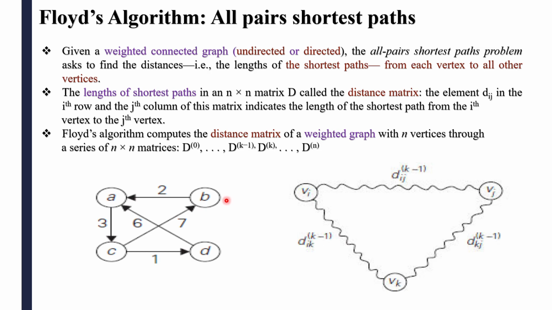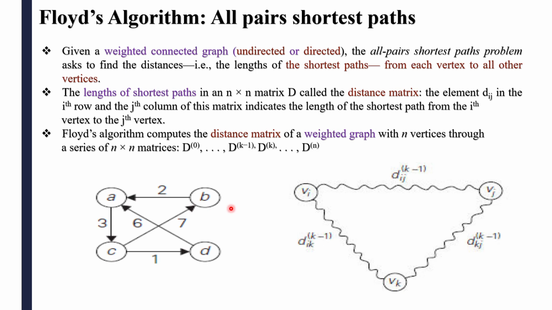From A to B, if there is no direct path, then I can take the help of an intermediate vertex. It may be one vertex or it may be more than one vertex also. Vk indicates C here. So now for A to B, if I want the path, yes, I'll get that path using C as an intermediate node. How? A to C and C to B here. In this way also you have to find the distance. You have to find the path, and that path must be the minimum.